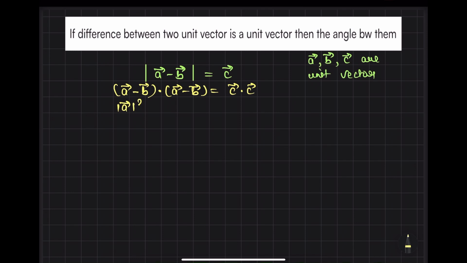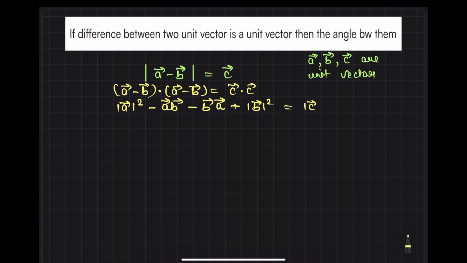Mod of A square. Then minus of A dot B. Then minus of B dot A. Then plus of mod B square